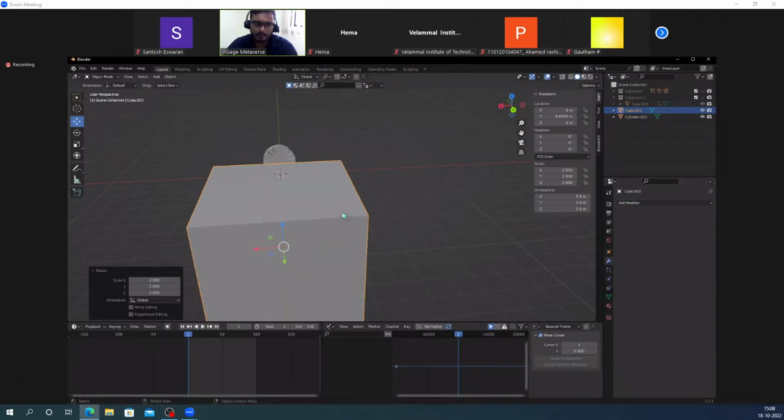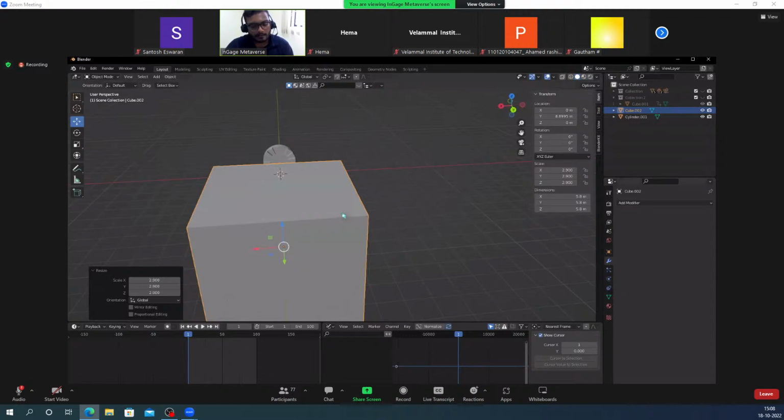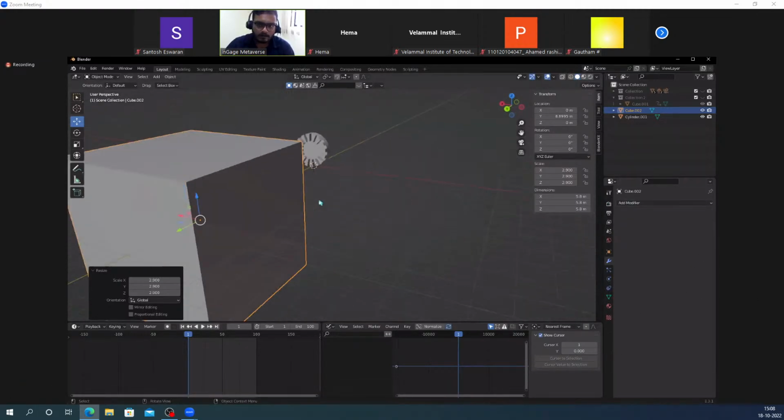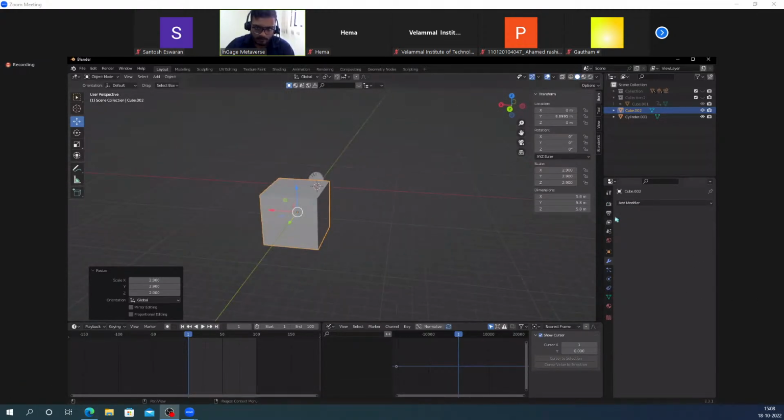So put more time and make some detailed models. So there is some other modifier called bool. So what you want to do is go to